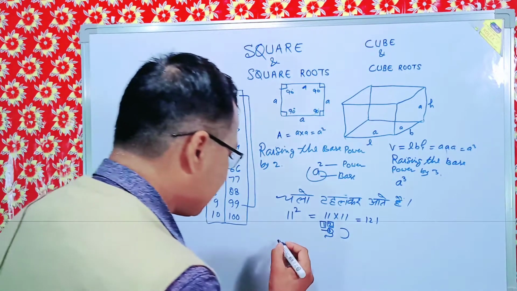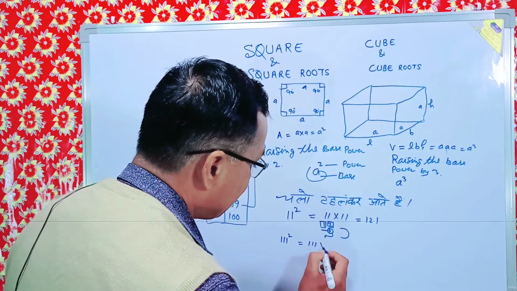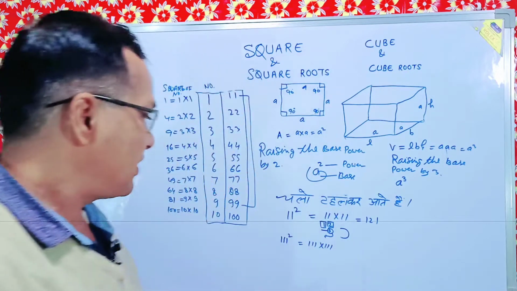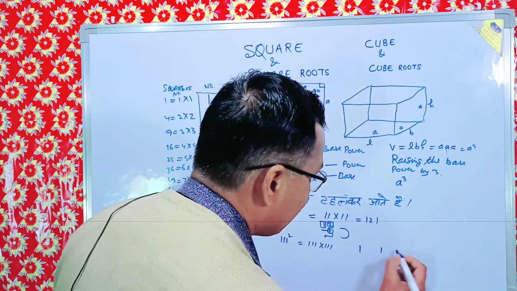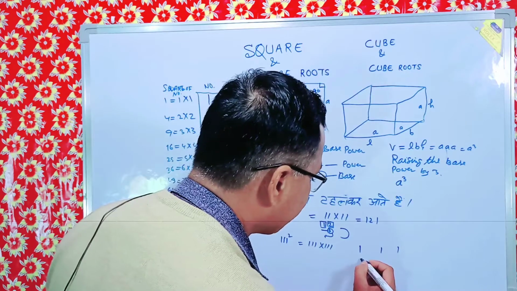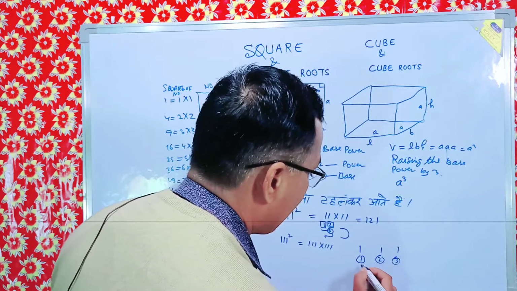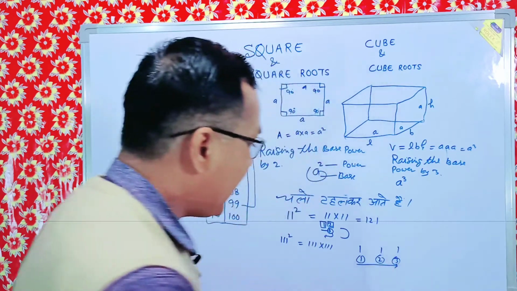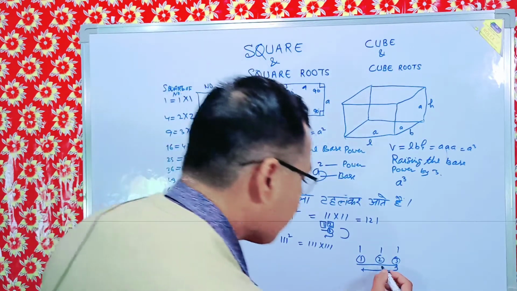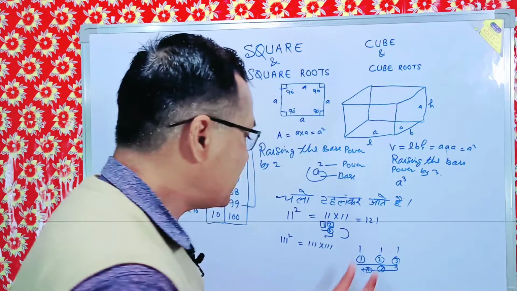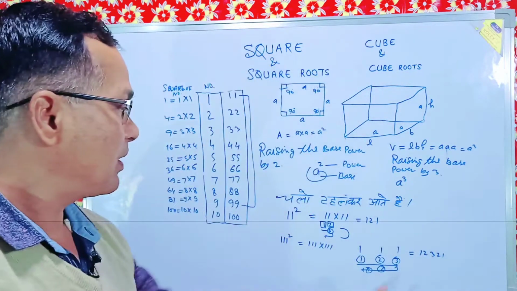If I take the square of 111, I can write it like this. So how do I have to form my way? I will form my way like this. I will give each pole a number. Now I started from 1 to 3 and am coming back from 3 to 1. So it will give me 1, 2, 3, 2, 1.